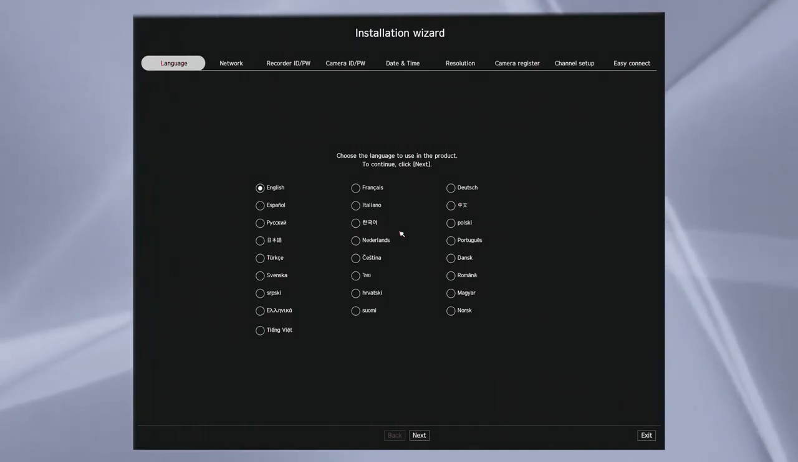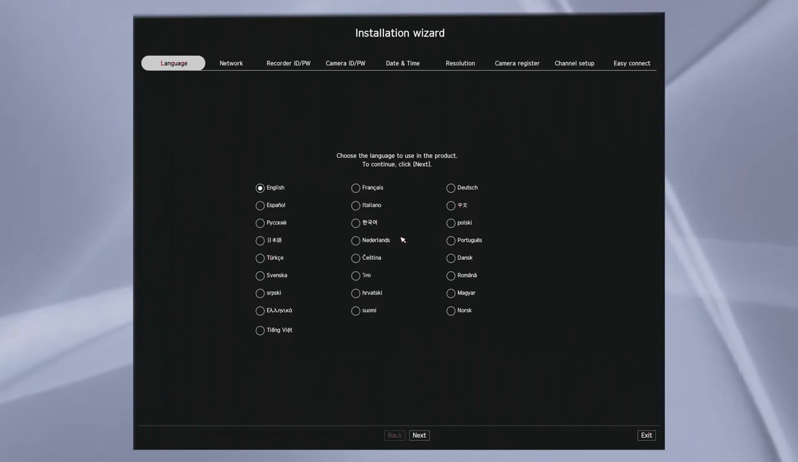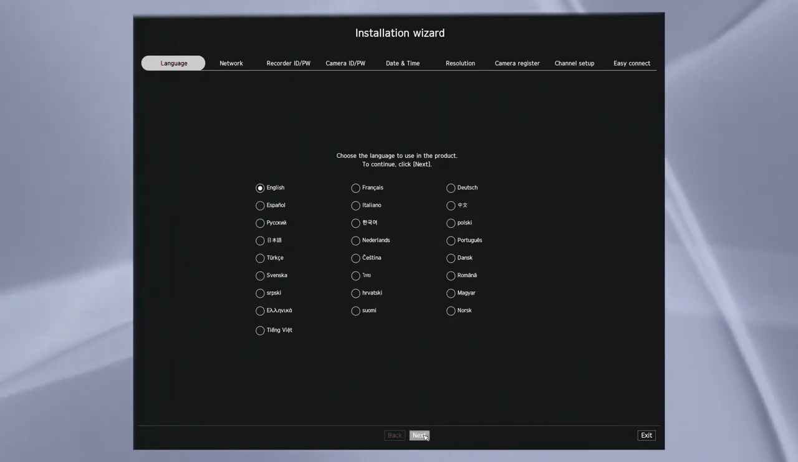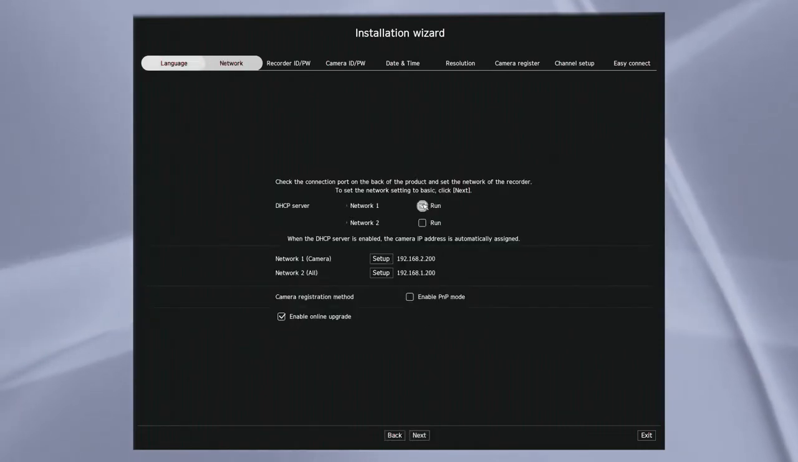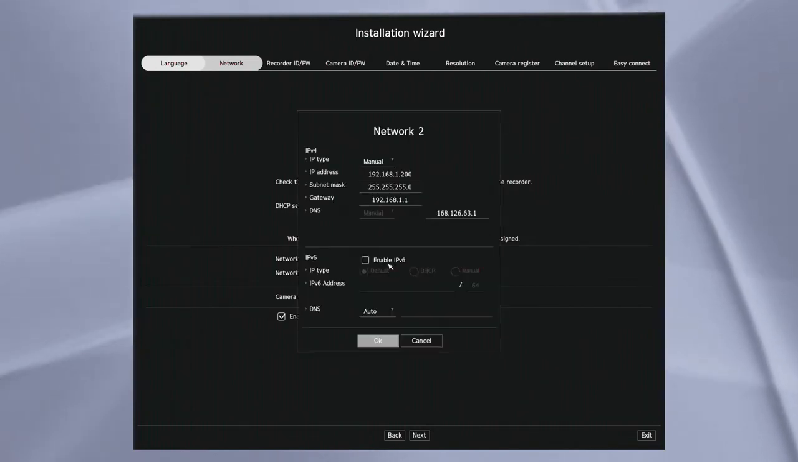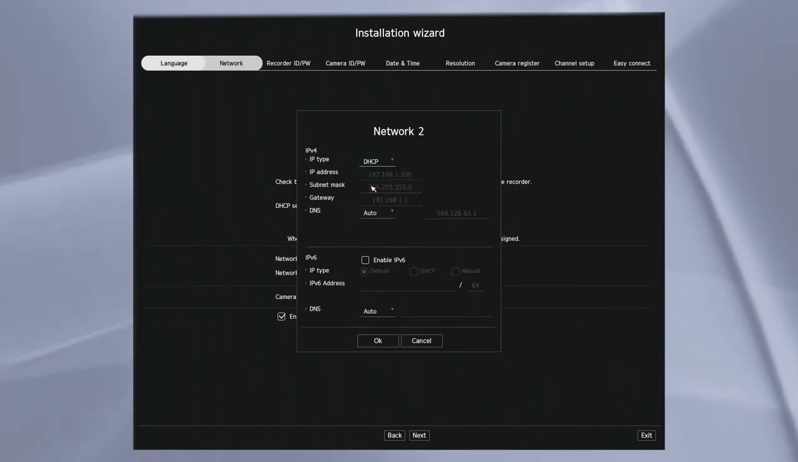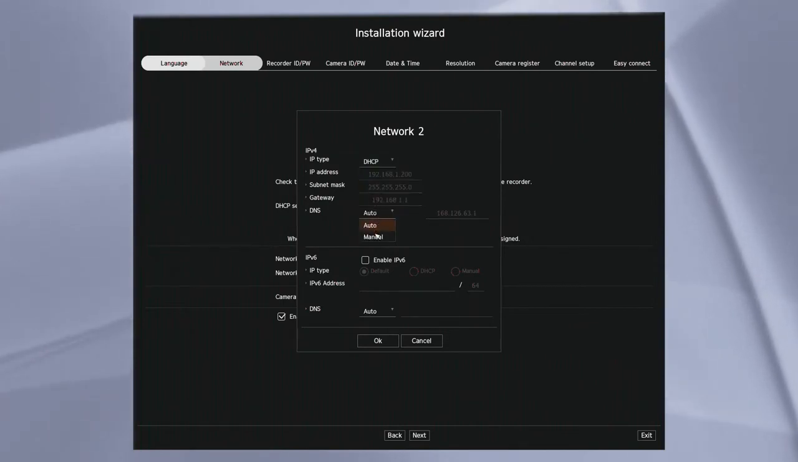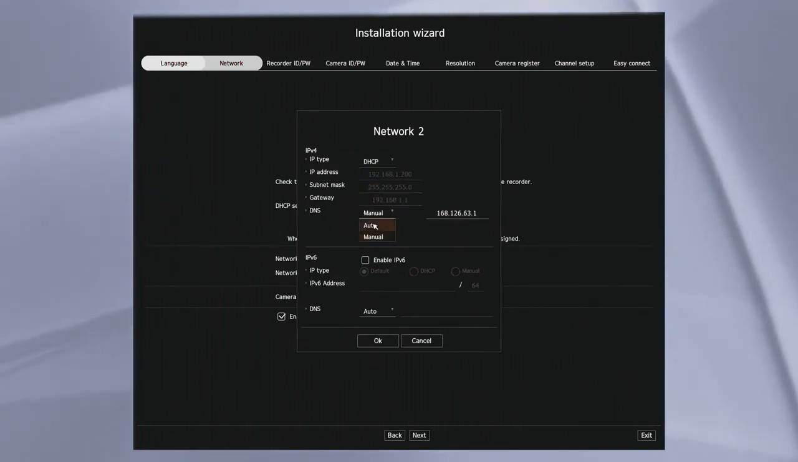The first step of the wizard is to select the language that you want to use. The second step is to configure the network settings. You'll see there are two network interfaces. Network 1 is the PoE ports, and network 2 is the uplink that goes to an existing network or internet